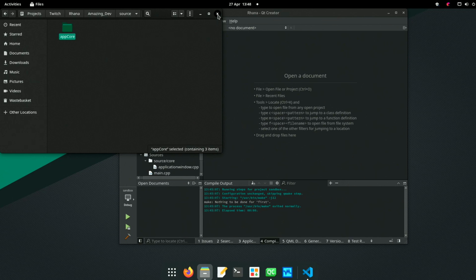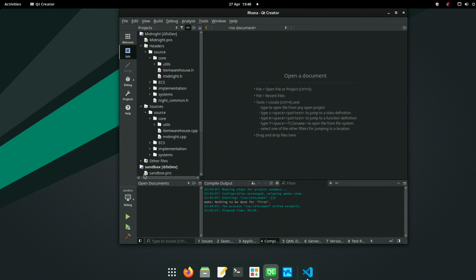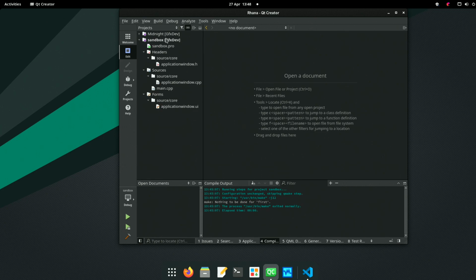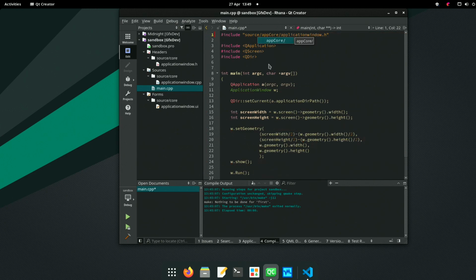Now to do that, it means that we now have to change all of our details within Sandbox, which is easier to do than change all the details in Midnight. So you start with main, and you go to app core, like that.